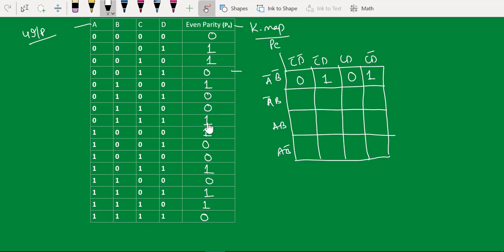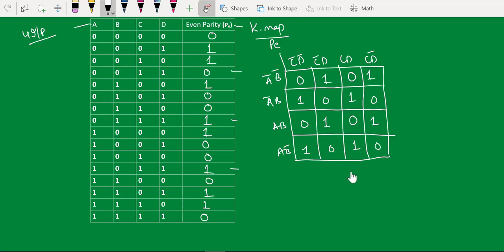Now 1, 0, 0, 1, 0, 0, 1, then 1, 0, 0, 1, 1, 0, 0, 1, 0, 1, 1, 0, 0, 1, 1, 0. So now I filled my K-map.